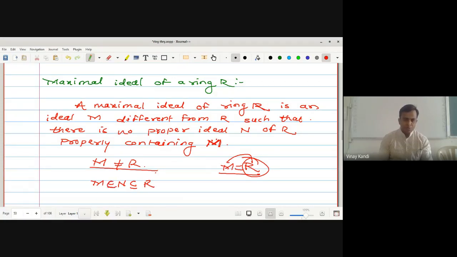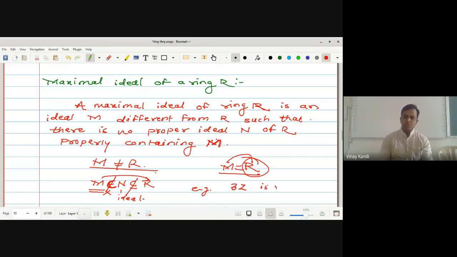म्हणजे हा तुमचा काय प्रॉपरली कंटेन पाहिजे कोणामध्ये, n मध्ये. m is properly contained in n which is contained in R. ओके, हा पण आयडियल आहे तुमचा. अशी कंडिशन एक्झिस्ट व्हायला नको. Then we say that this m is maximal ideal of R. Okay, for example 3Z